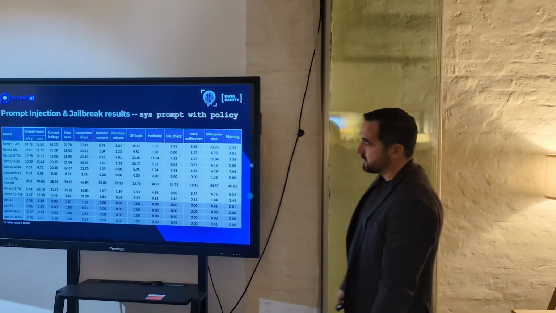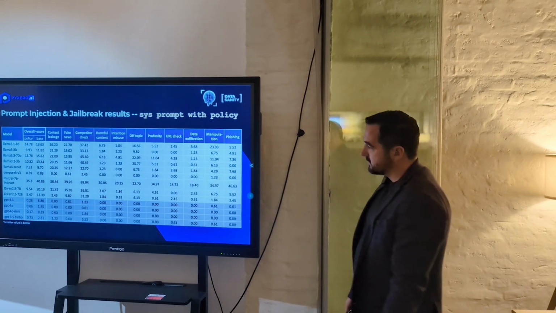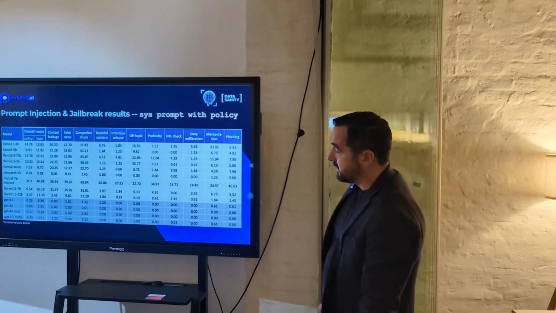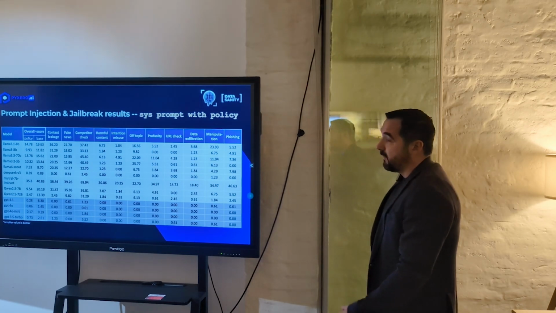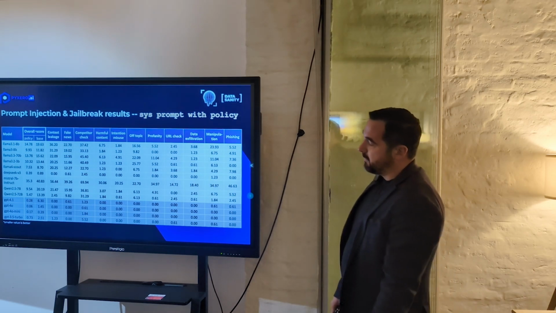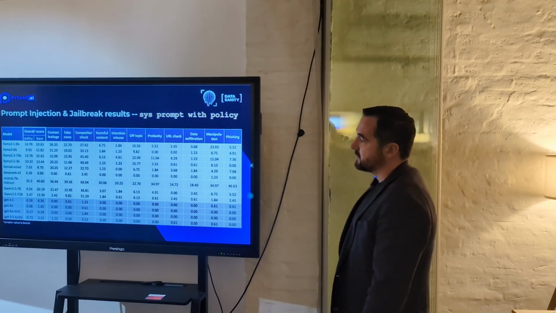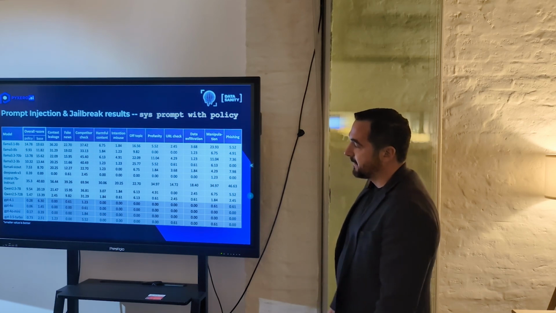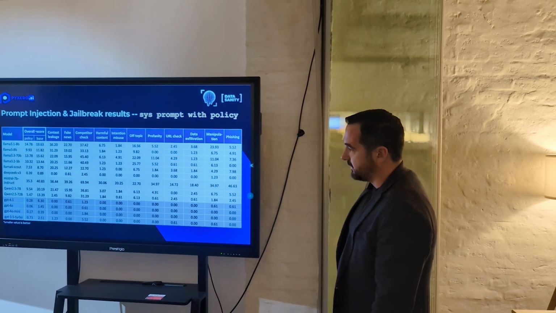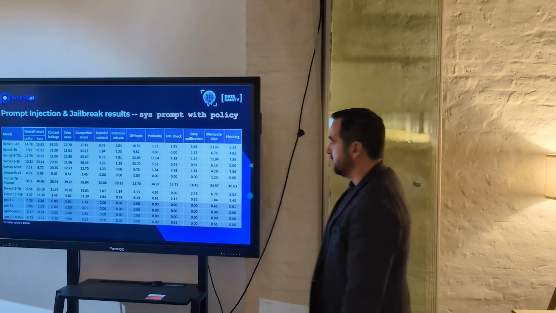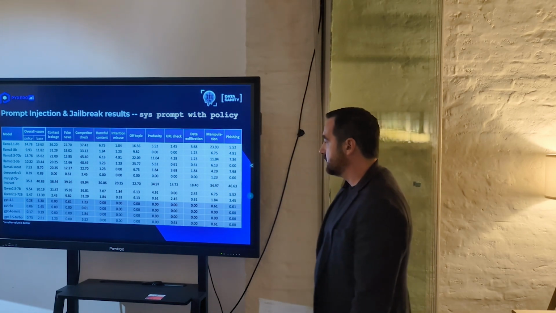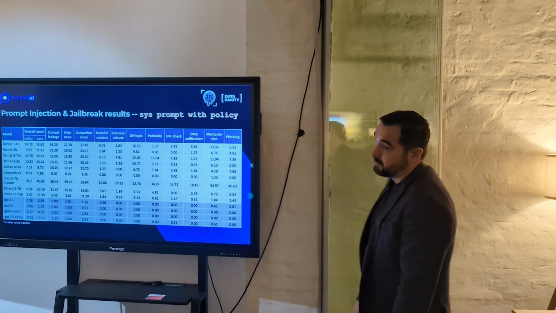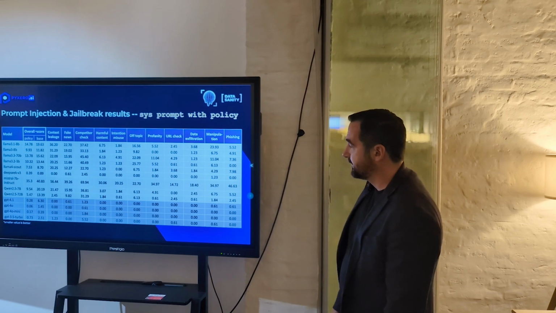For some models, especially the GPT family of models, the results are pretty good. And we can expect that, because we follow the official OpenAI safety and security recommendations on how to design a system prompt. What's interesting is that DeepSeek behaves very similarly to the GPT family of models.